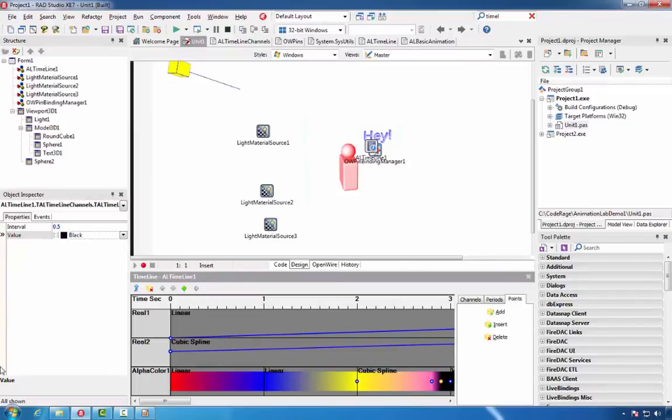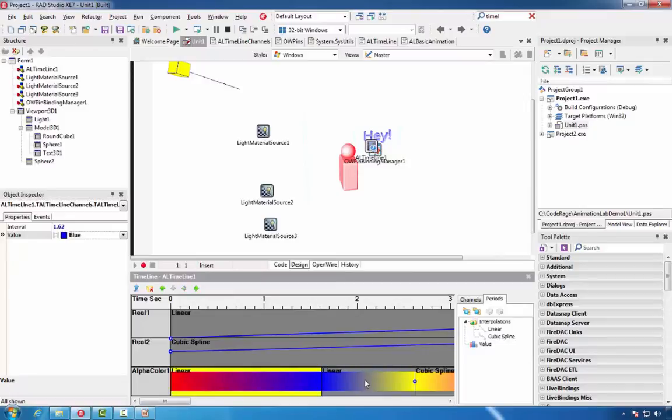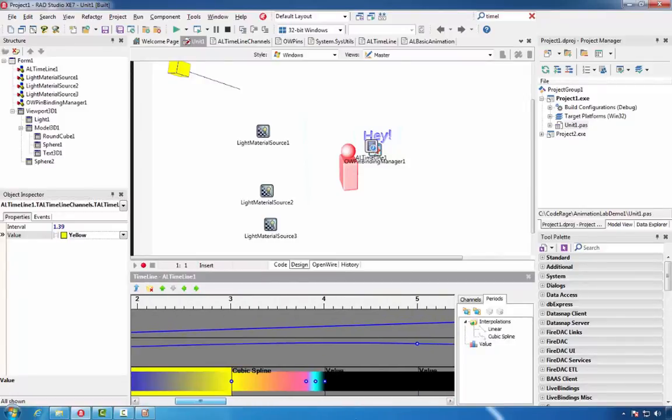Then we'll select the second one and we'll set some other color. We will also resize a little bit the linear channels, so the animation will be more interesting.